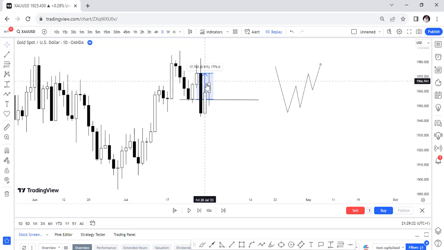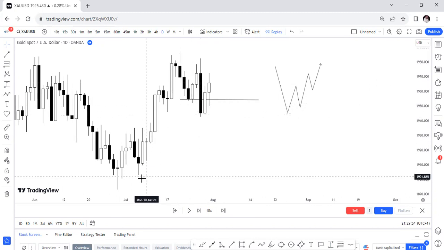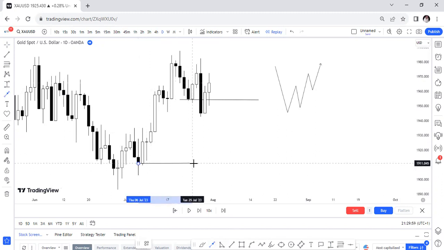Let me remove this so I can see it very well. That's a fresh level there. Can you see it? This is a fresh level. And that is why price usually retraces upward. A fresh level attracts price down when it is not fresh. Like this place now, as price is coming down, it will come to this. This is a fresh level. So you must take note of those areas before you enter your trade,